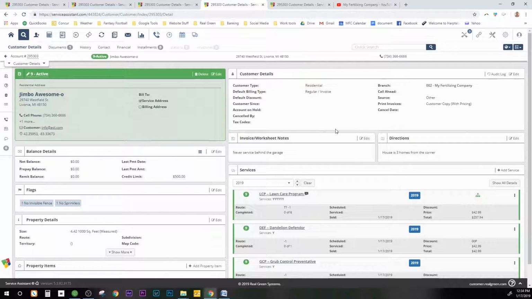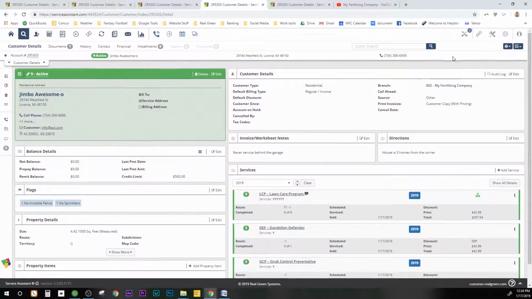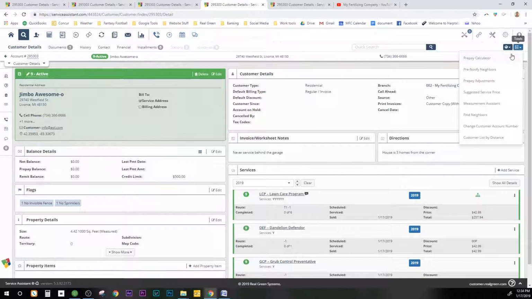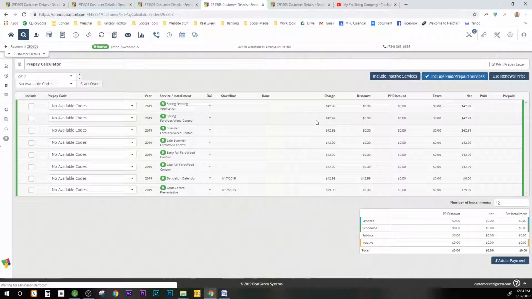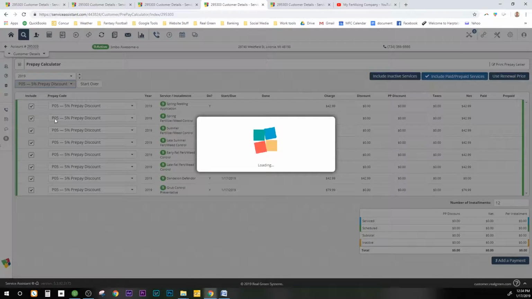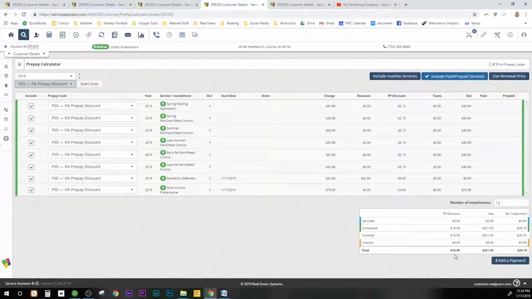So the last thing we're going to do is maybe he wants to make a prepayment. So we're going to go up here to tools. We're going to go to the prepay calculator. We already gave him the amount, but to make it easy, we're just going to add a code. So now it gives him the 1690 discount, 32103, or he can do a one-time payment at 32103, or he can do installments. We're going to add a payment,